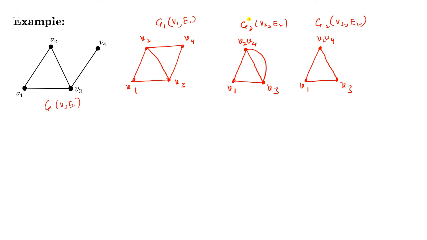Say this is the intermediate G2 dash. I have written G2 dash, so this is G2. So the first one is G1, the second one is G2. Now look at this. G1 is not a complete graph. However, G2 is a complete graph.